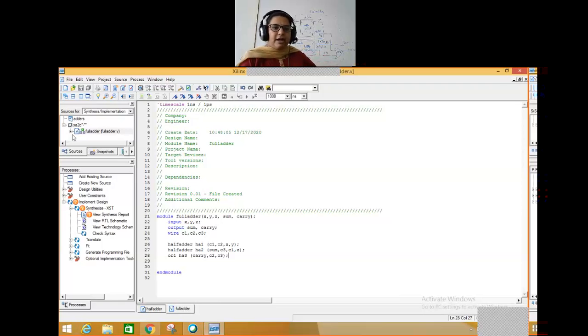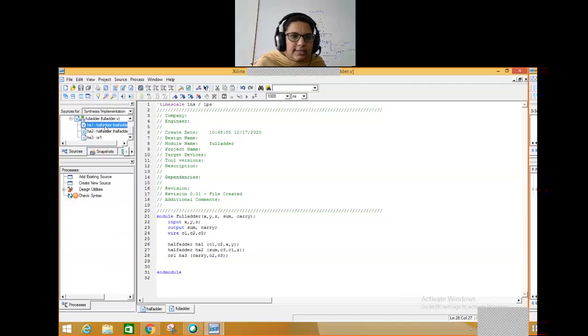But if I look into this component, I have half adders over here. You can observe here, this half adder is fine. HA1 is associated with the half adder, I have this within my project. This is fine. I have HA2, which is also a half adder that is available. But you can observe here, there's a question mark, right? Why the question mark? Because the OR entity is not known to me.